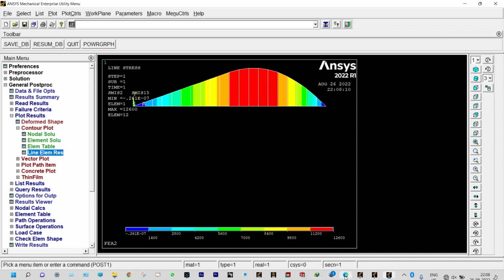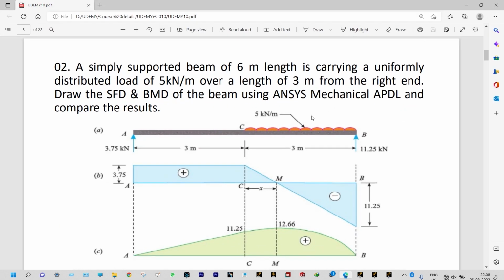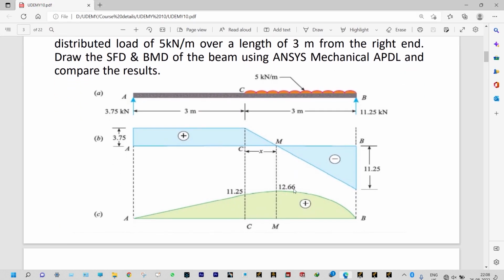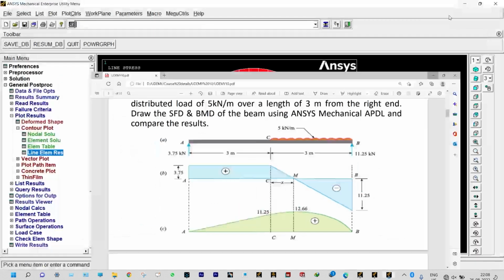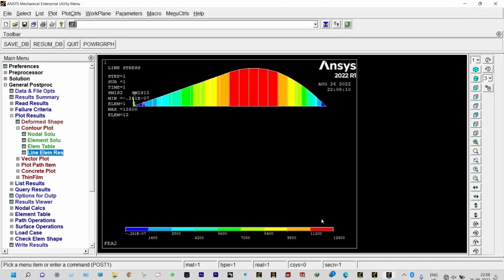Let us compare this one with our results again. See what we got. You can see maximum is 12.66 at this location, and the next higher value is here at this location. It is 12.66 and 11.25. Let us see that one. Here it is 12.66. You can see maximum is 12.66 and the next one is 11.2. So these are the results. So this is validated with our question paper. This is exactly the same thing we got in our question paper, that is completely validated by ANSYS Mechanical